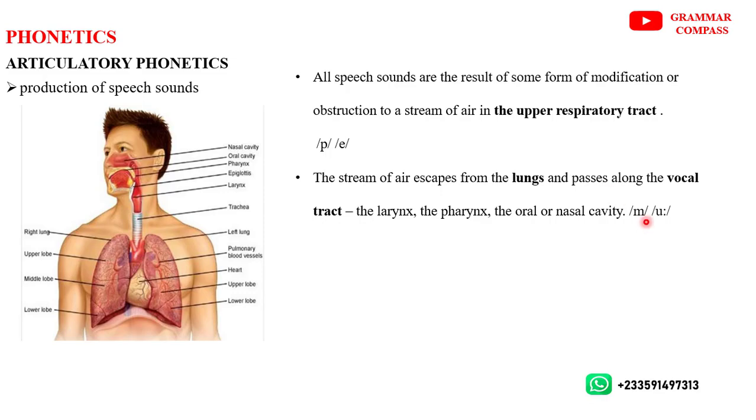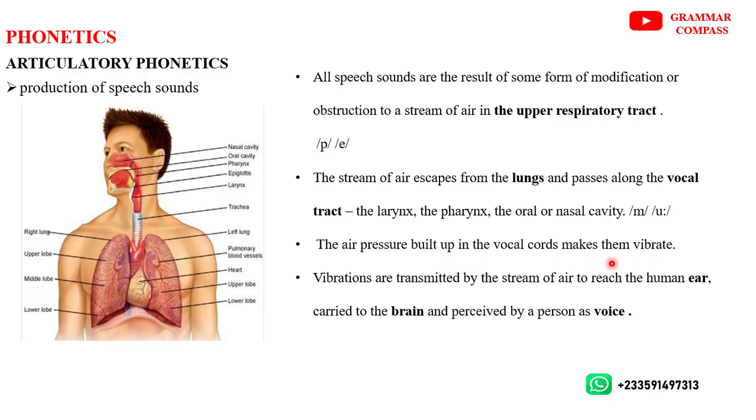So for example, if you pronounce this sound you could see that there is obstruction of air coming out from the oral cavity, and therefore it forces the air to pass through your nose. That is what we call nasal sounds. So whenever the stream of air passes through the nose instead of passing through the oral cavity, we make a nasal sound. The pressure of the air that is built up in the vocal cords makes the vocal cords vibrate,